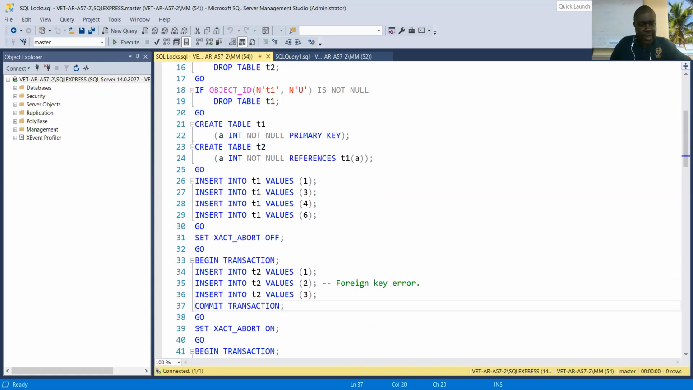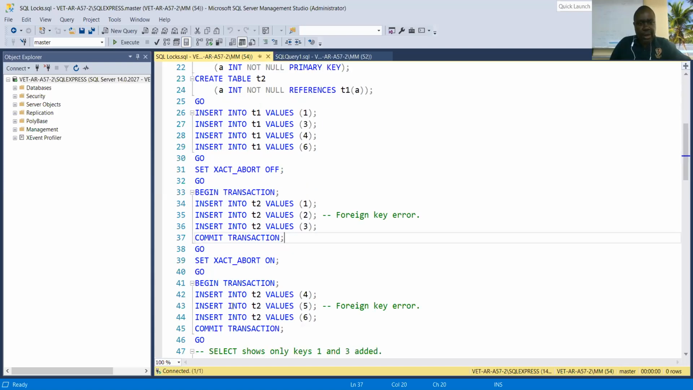After that, we set the exact abort to on, and we begin the transaction. This time, in table 2, we insert values 4, 5, and 6. 5 is not in the first table, so it's supposed to give an error message. So this is going to be reversed. Okay. And so what is going to happen is that